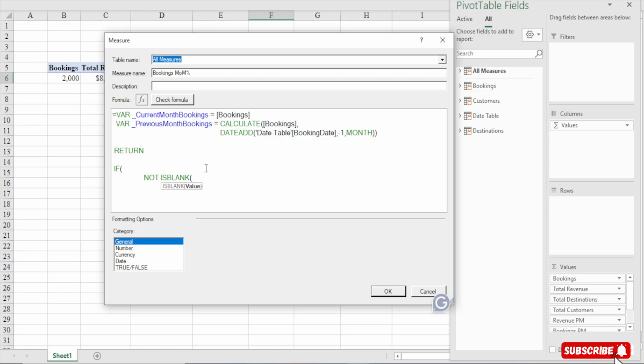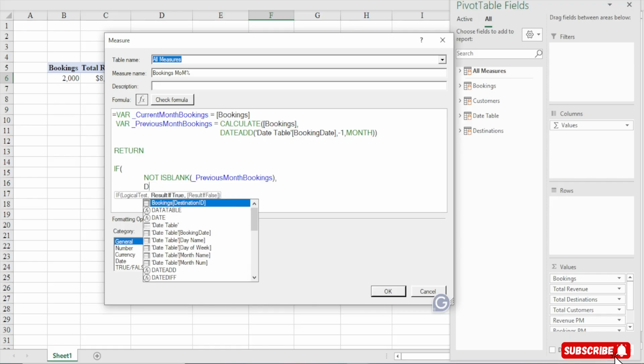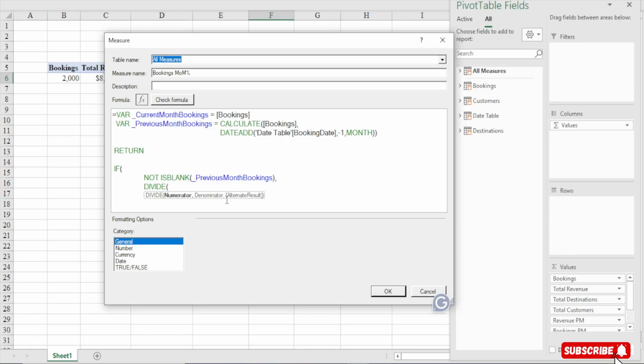The previous month, right? So underscore, the moment I bring my underscore, you see the names that I've given to my variables, right? So I'll just double click and then close it. Then when I come down, if it is not blank, then I'll say DIVIDE, comma. So if the result is true, then we are going to say divide the current month,